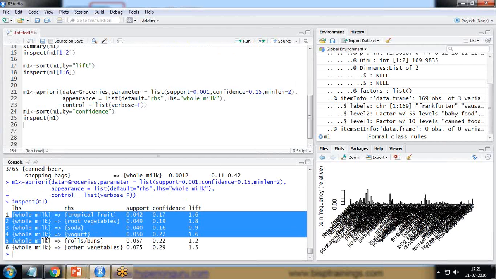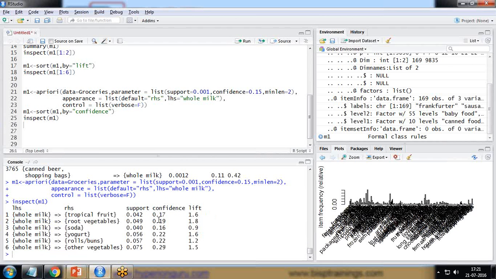you can see now on left hand side we have whole milk, and on right hand side we have other fruits with their support and confidence, and the lift we have got. So like this we can inspect the elements, and this will help us to take decisions on which item can be placed under which section, so that it would be picked up by the customer. And finally, if I want to add everything in